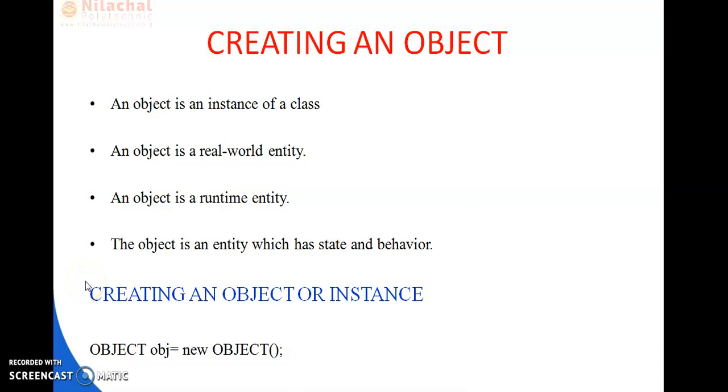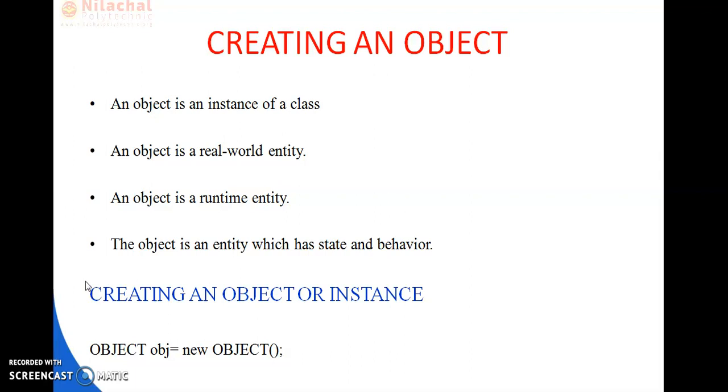Hello students. In our previous lecture, we discussed the class, how we declare a class, how we can declare objects, and what types of methods there are. There are two types of methods, as you know: predefined methods and user defined methods. Predefined methods are the built-in methods, and user defined methods are the methods defined by the users while writing the code.